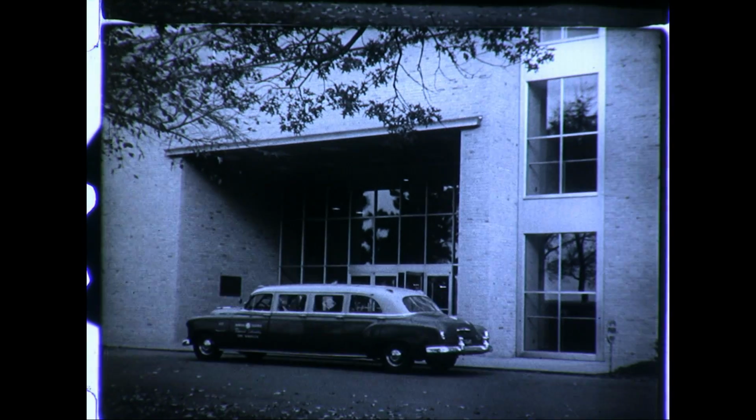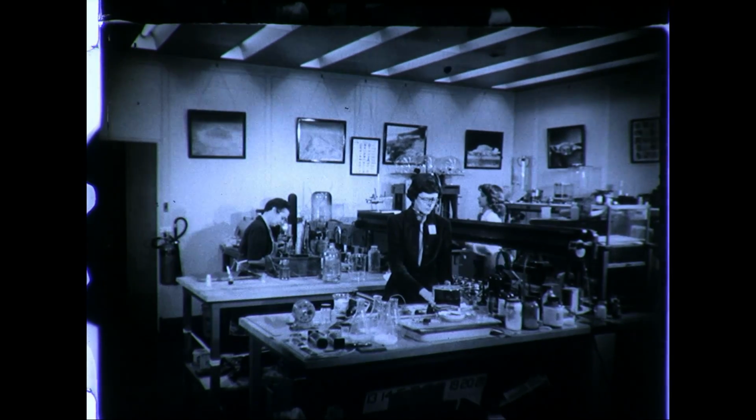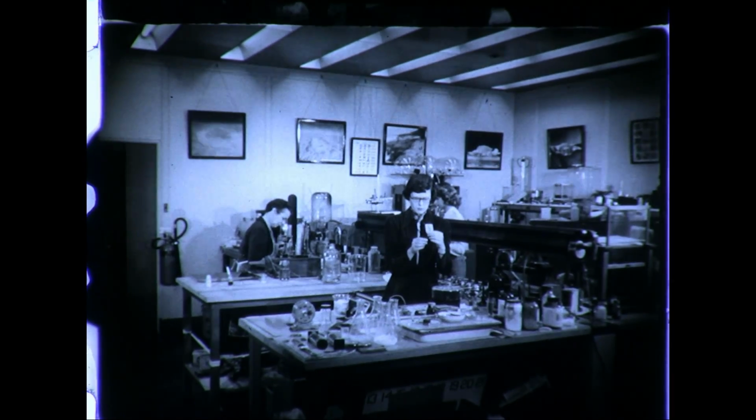Friends, they say it's a man's world, but don't you believe it. It's a woman's world, too. Women are not only doing a fine job in the home and in industry, they are also making substantial contributions to scientific work. In the General Electric Research Laboratory at Schenectady, you will find many women scientists doing interesting and